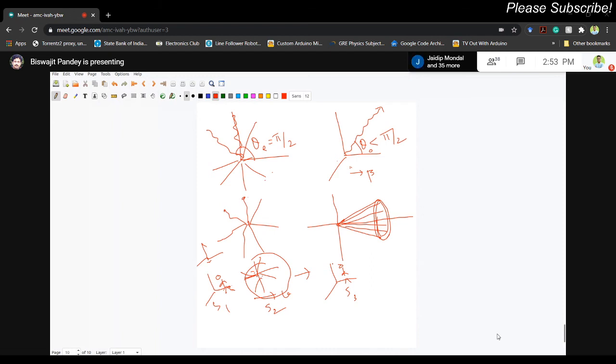ডেল্টা টি প্রাইম ইকুয়াল টু 0 করবে না ডেল্টা টি ইকুয়াল টু 0 করবে, সেটা তুমি কোন ফ্রেমে আছো তার উপর নির্ভর করে, এবং তার উপর ভিত্তি করে তোমার কনক্লুশন আসবে। তার মানে একটা ফ্রেমে যদি তুমি ডেল্টা টি ইকুয়াল টু 0 করো, অন্য ফ্রেমে ডেল্টা টি প্রাইম ইকুয়াল টু 0 হবে না, অবভিয়াস, because that frame is moving with respect to this frame, right? And since there is a relative motion, the two readings which were taken simultaneously in one frame will not be simultaneous in the other frame, right? যদি simultaneous না হয় তাহলে একটা ডেল্টা টি প্রাইম নন-জিরো টার্ম থাকবে।